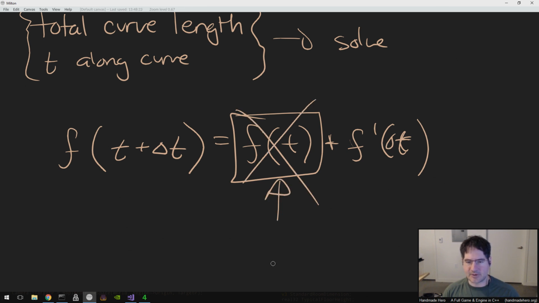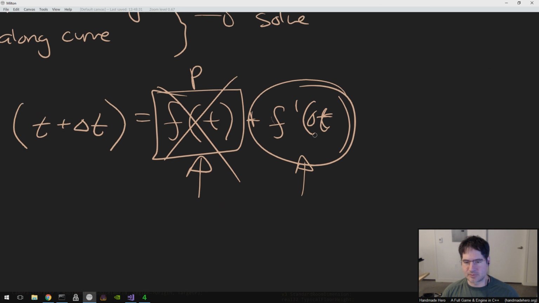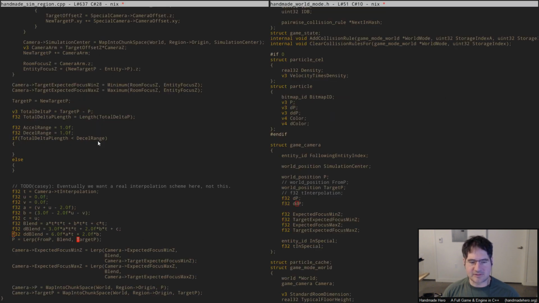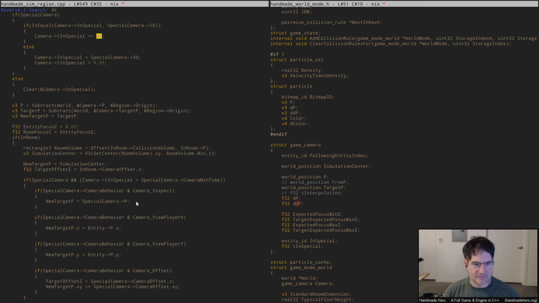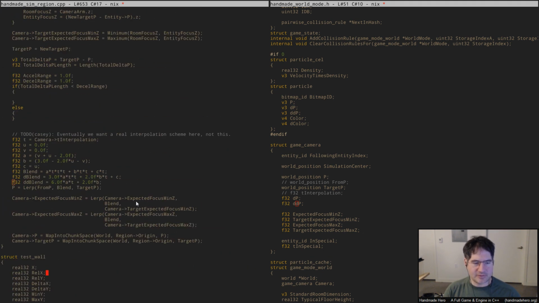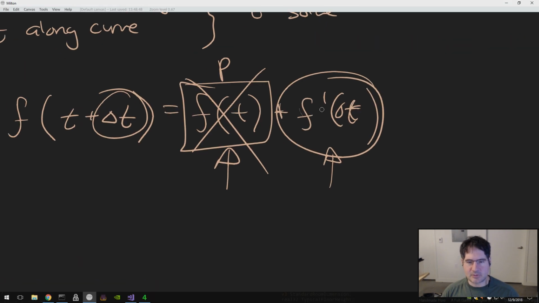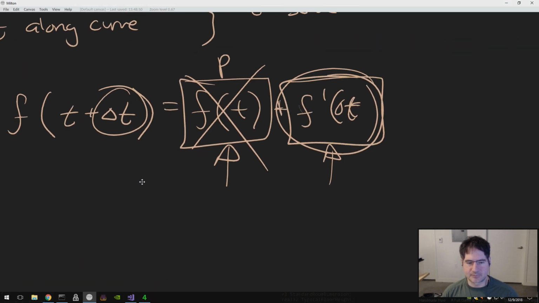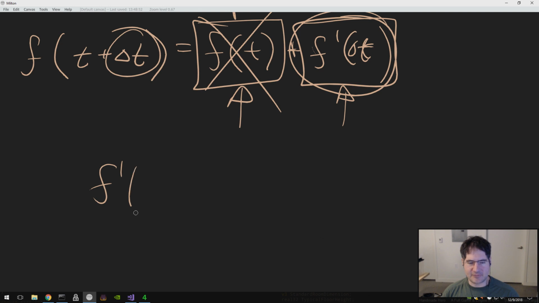Now this we don't care about because this is where we are, right? This is just p. We don't need to compute that. So all we need to do is compute the derivative to move us along the trajectory we're trying to go. We know the delta t, right? Because the delta t is what's passed in. It's this value, right here. So that's a trivial thing to get as well. So really what we're talking about is what's the f prime? Well, we already said that the f prime,